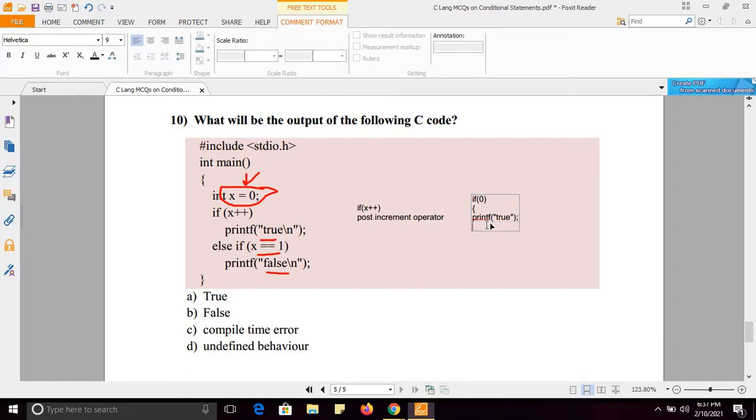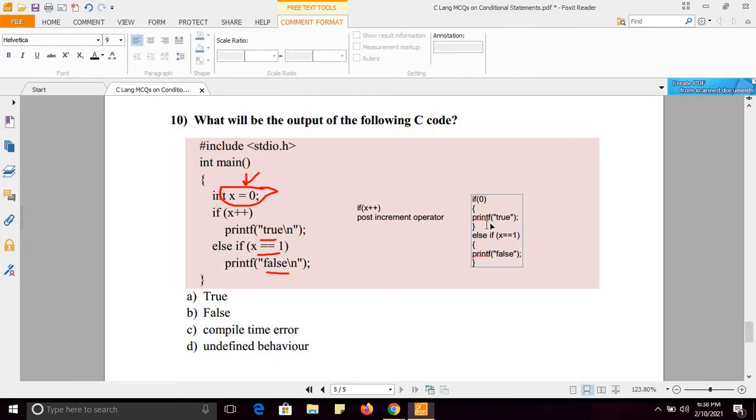Fine. Else if x equals 1, and here I want to print false, so what will be the output?